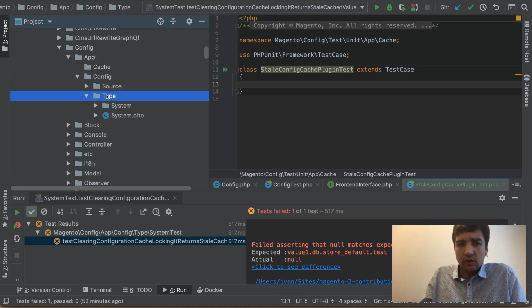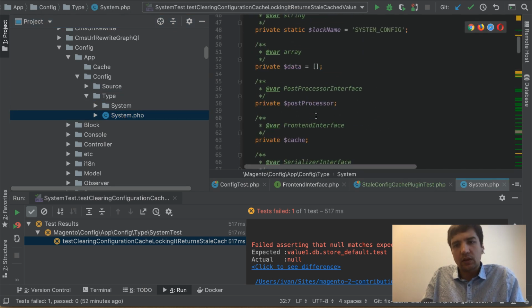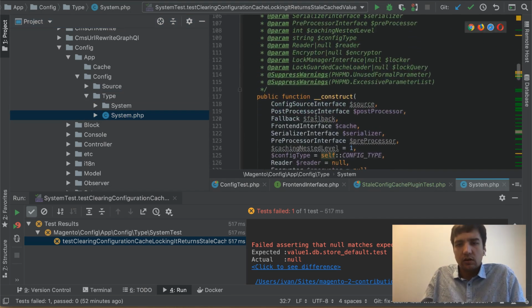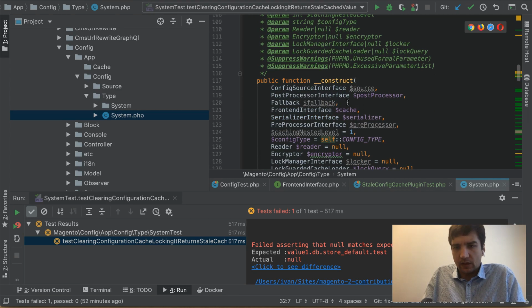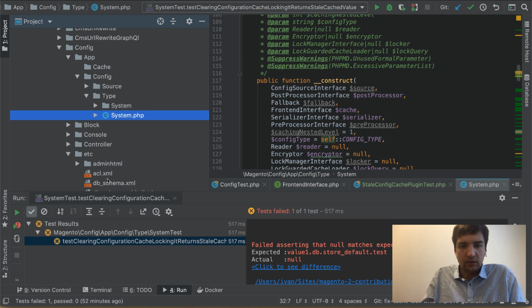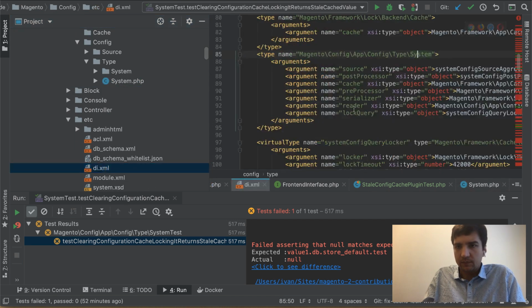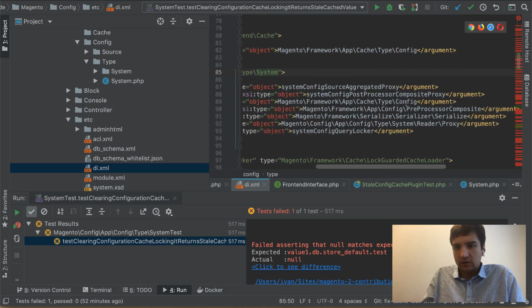We have here a config type system. This config type system receives a cache instance of frontend interface. This one is actually defined in DI XML. Here you can see that it uses the class Magento framework app cache type config,